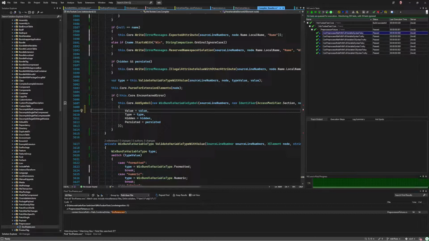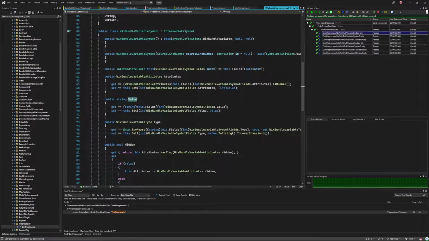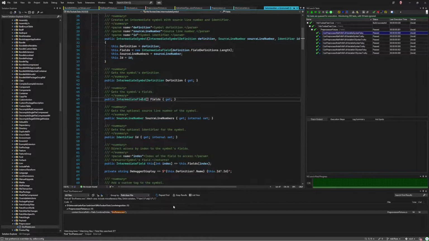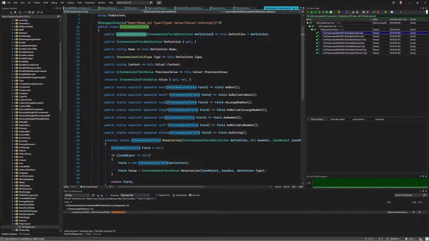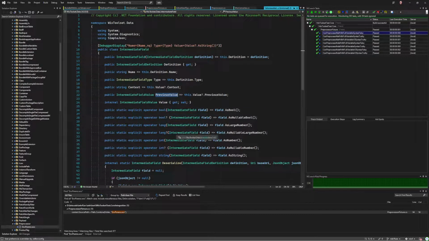So let me talk about why I'm not super thrilled, or why I'm thinking through the challenges of that. So if we look at the fields here, this is the raw data layer underneath the compiler, linker, and everything. You can see we're down in WixToolset.Data. I'm in the decompiled output, but it's fine. One of the things that Wix does now when it's building all of these symbols and their fields is it keeps track of the previous values. So it essentially creates a linked list of all of the old values that were assigned to a field. And you're like, well, what does that mean? Well, if we walk through the compiler and the linker, and then you get to the bind variable. So let's say, like in this case,